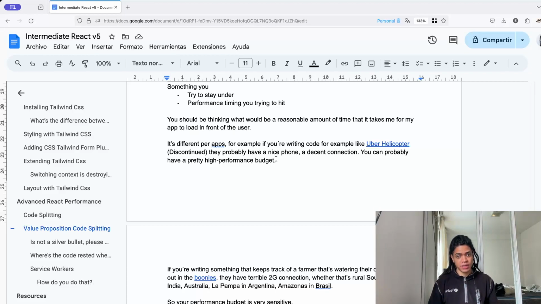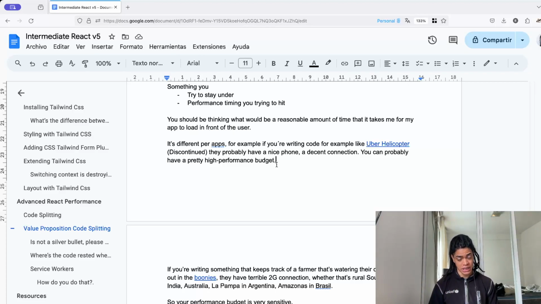You can probably have a pretty high performance budget there. But if you are writing something that keeps track of a farmer, or in this case any field service management, for example truck drivers,